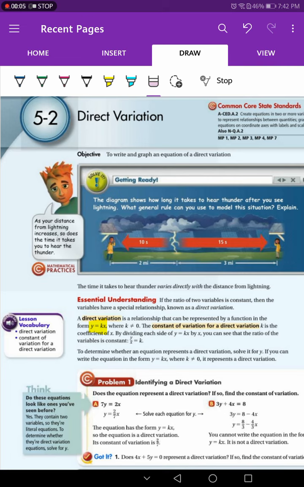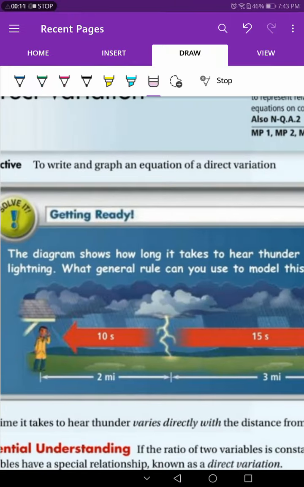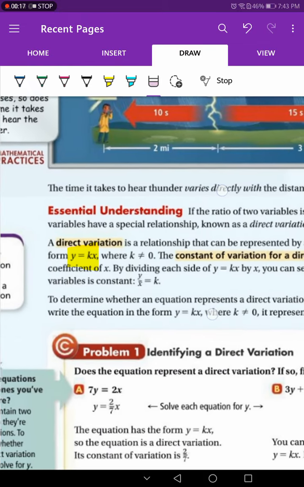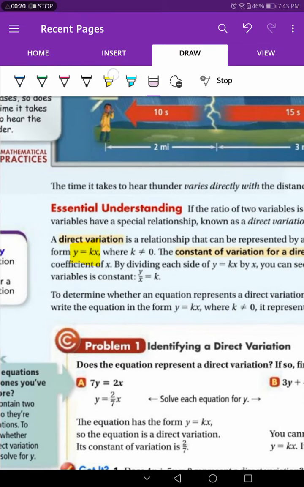Our lesson today is 5-2, direct variation, and our objective is to write and graph an equation of direct variation. Let us define the direct variation. The direct variation is a relationship